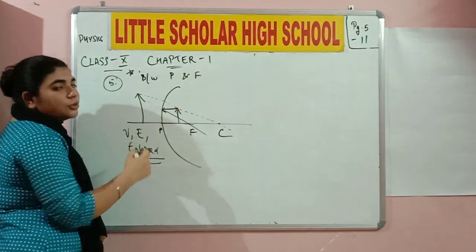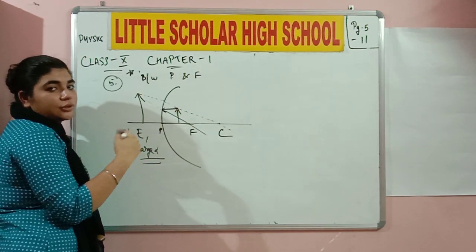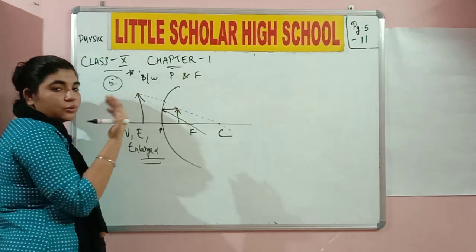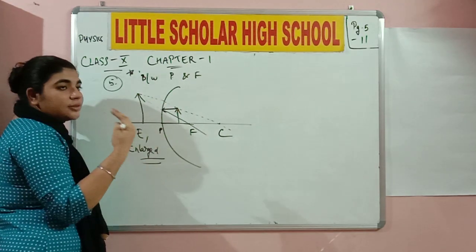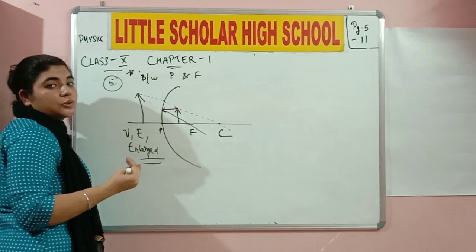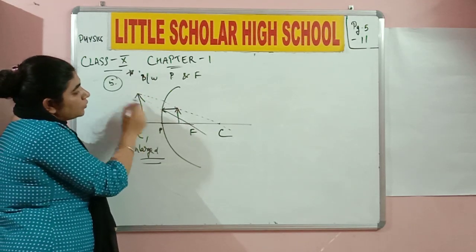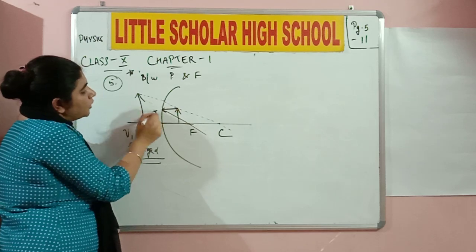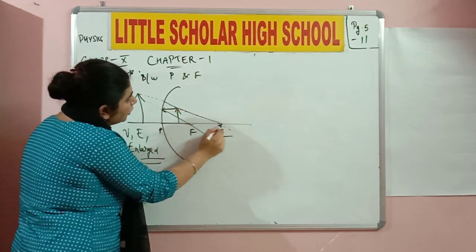What do you mean behind the mirror? Is it really going to be behind the mirror? It is going to be in the mirror. You're able to see the image in the mirror. It appears as if it is coming from a virtual point. That is why it is called a virtual image. All these dotted lines that you see over here, these are nothing but the virtual lines. These are definitely, you can bold them.